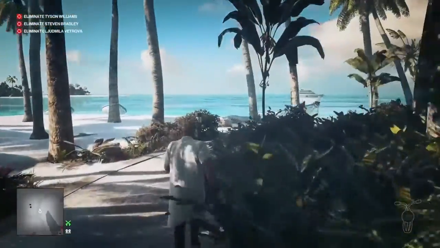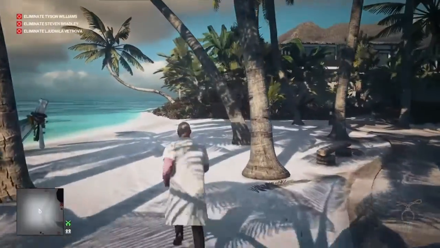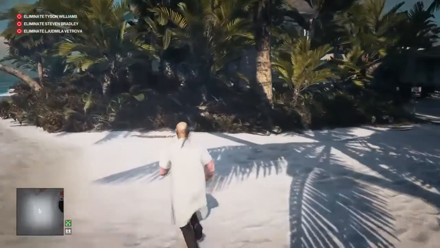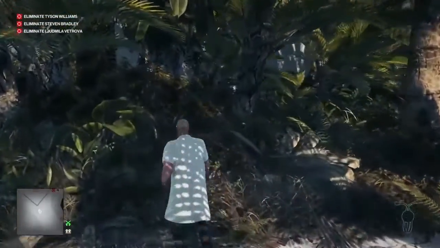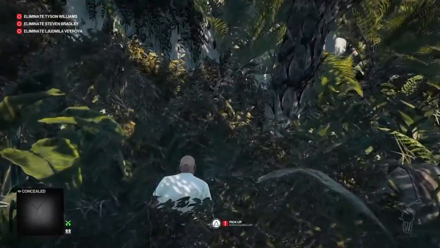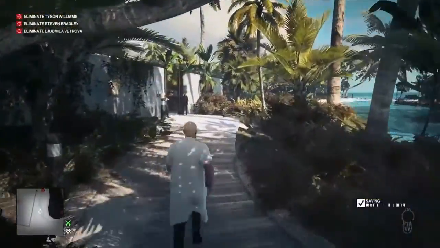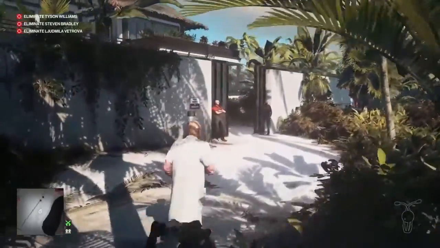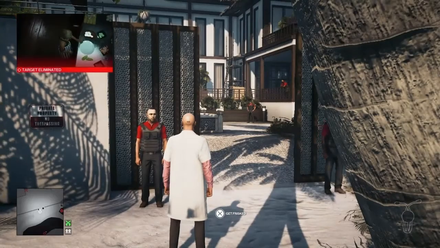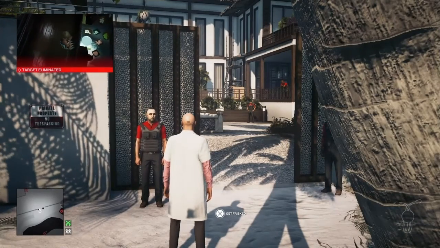So once we get to the back of the map here where the villa is, we're going to duck into the bushes before we approach the front gate, because we are going to get frisked, and I have brought a silenced pistol with me. There we go. So once we've dropped our silenced pistol in the bushes, we can then approach the guards at the front gate and go through our frisk, and the guard will frisk us and allow